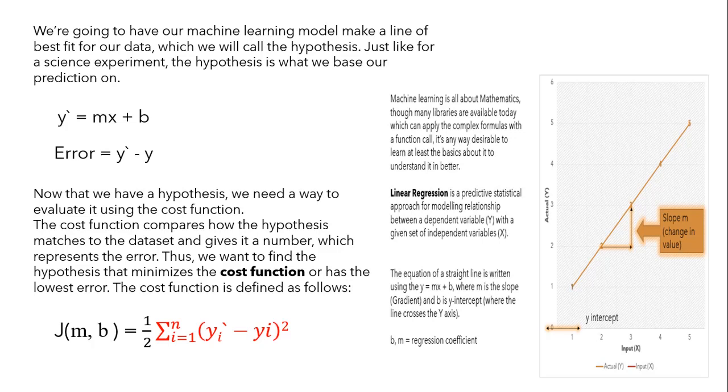And guys, just to add one more thing, in this equation we are dividing the cost function by 2 only for ease of our calculation. Okay, so we are agreed that our goal is to minimize the cost function. But what do we mean by minimizing the function? So let's quickly understand this with one example.